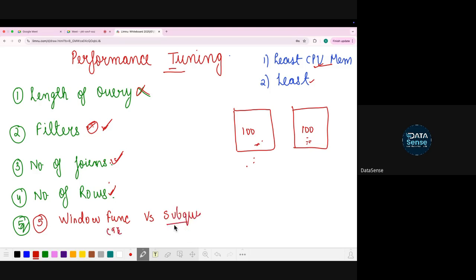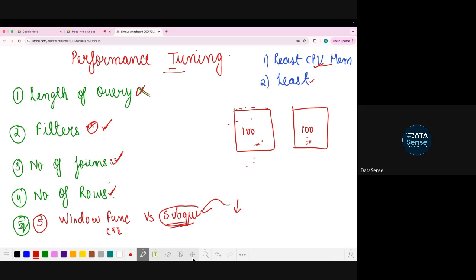What happens is, the more subqueries you write, the more number of times you execute the table in that particular query. So usage of a lot of subqueries also reduces the performance. So in short, at a very basic layman level, what has impact is the number of columns that I'm selecting and the number of filters that I'm putting. That is going to affect the runtime of my query.